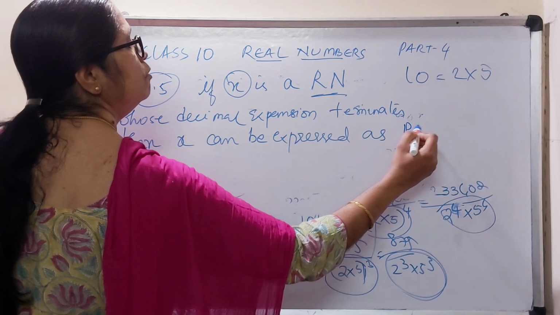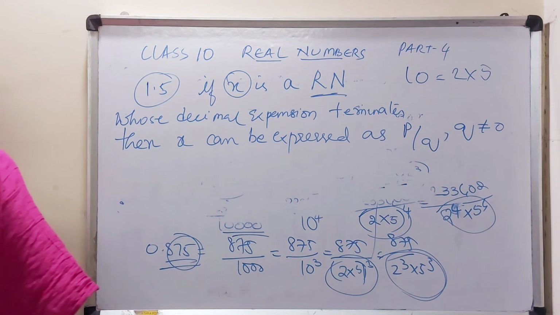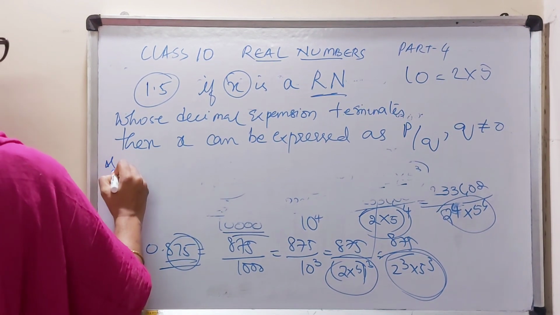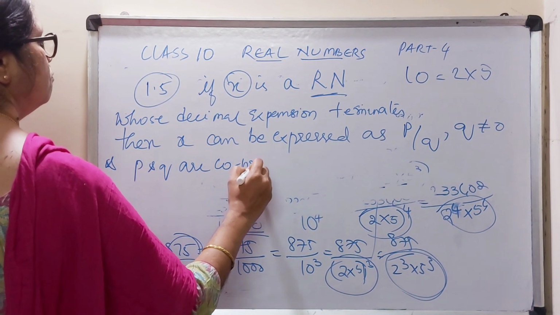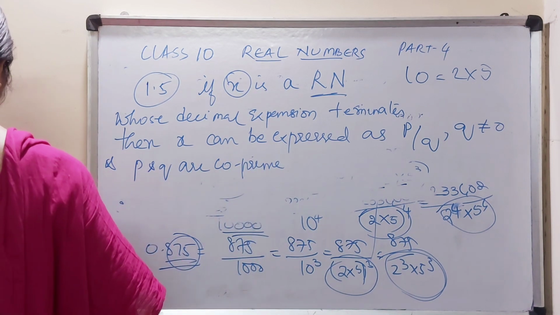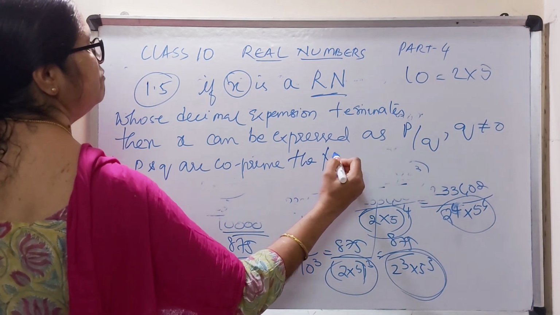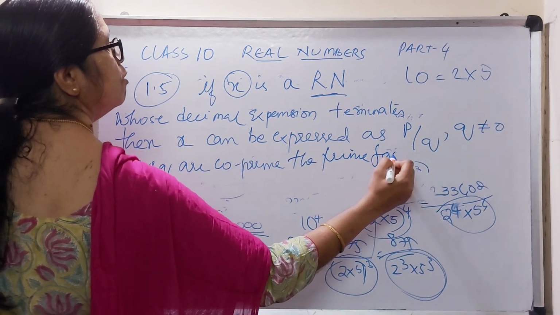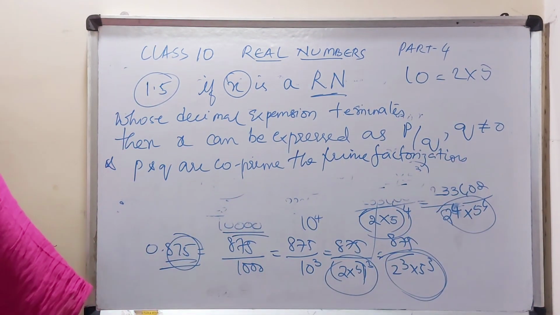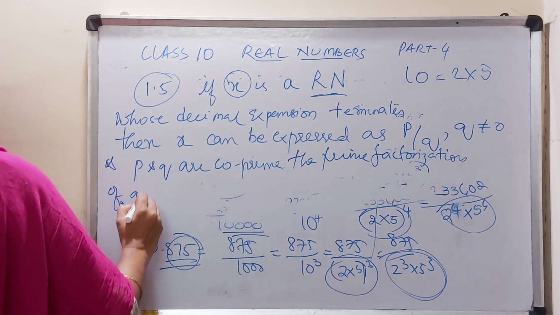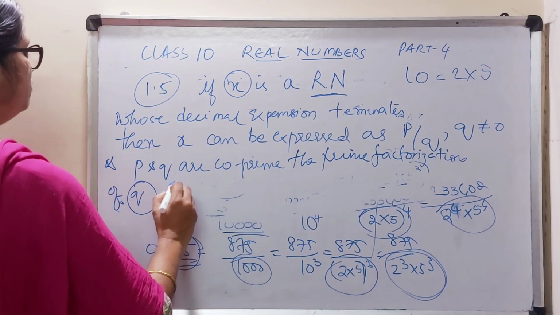p by q, where q is not equal to 0, because the denominator can never be equal to 0, and p and q are co-prime, and the prime factorization of q, the denominator we are expressing, is of the form